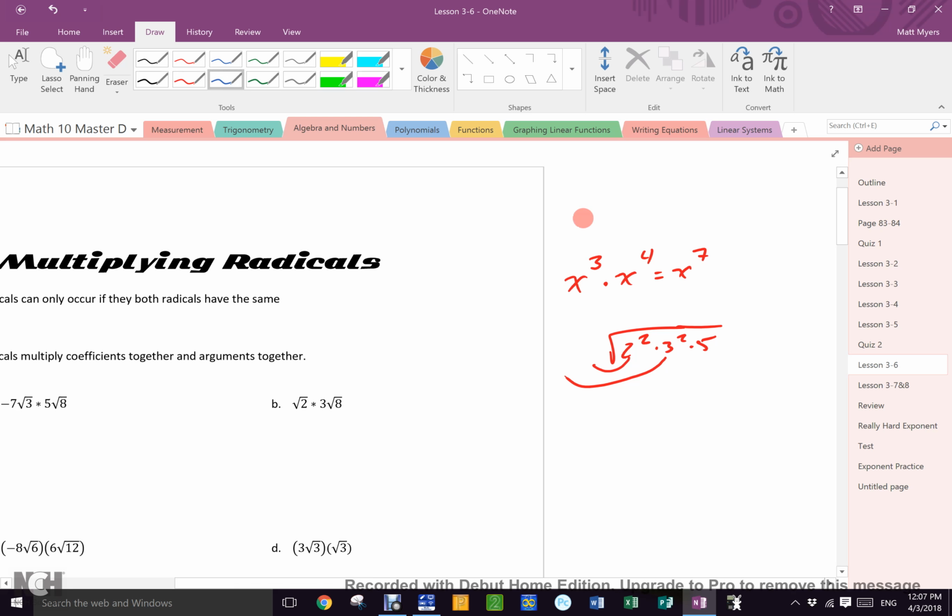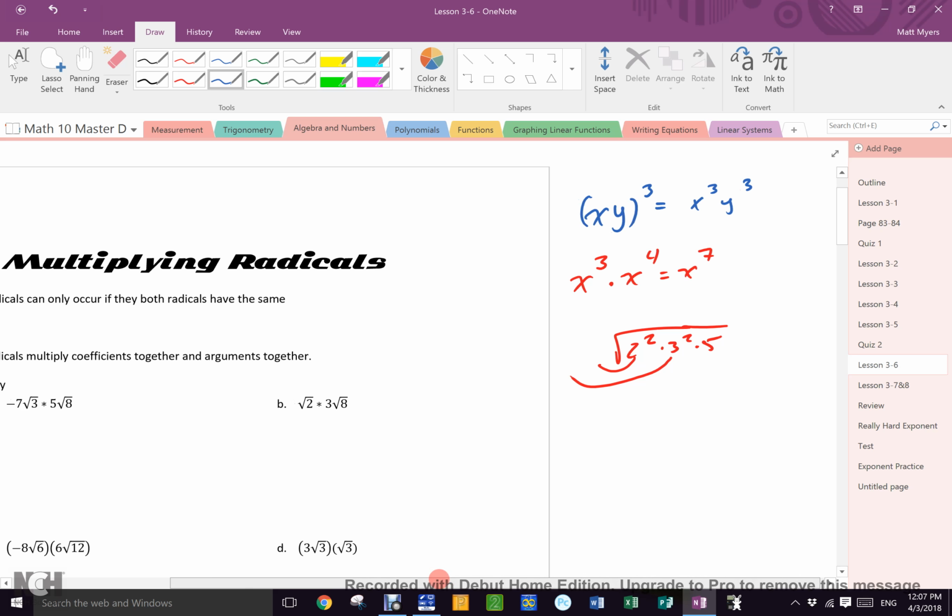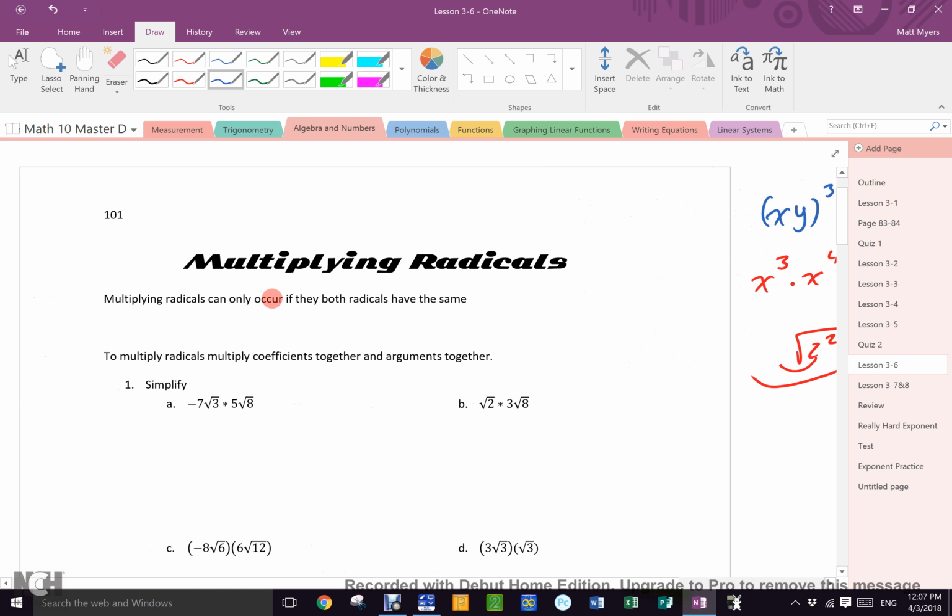So if I had this, I can't do any work with that, can I? That's x cubed, y cubed, because the bases were different. Everyone agrees? All right. Well, what do you think in a radical, because remember, a radical looks like this, m